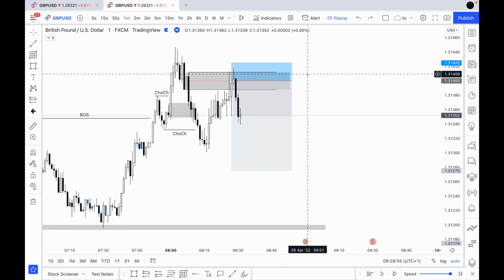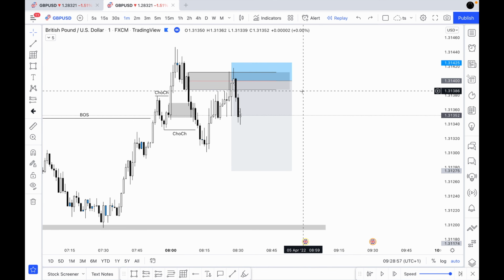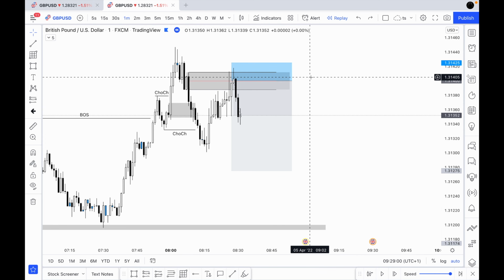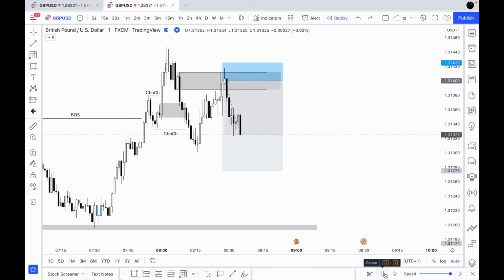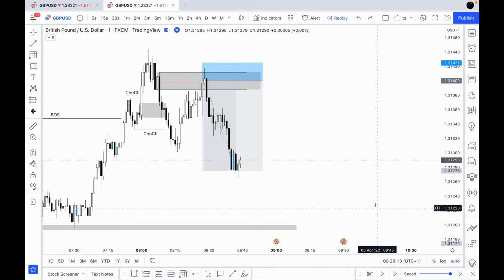And this is the reason why, if my supply zone or the order block I'm trading from is about the same size as my stop loss or wider, then that's when I'll look for taking an entry around the center of the supply zone. So let's keep advancing price forward a bit more. So we've been tagged in, and there we go.